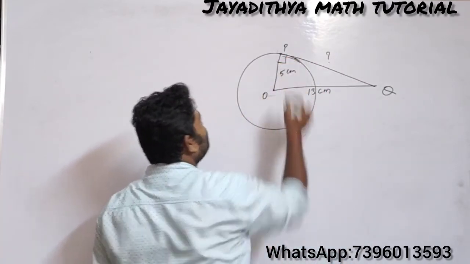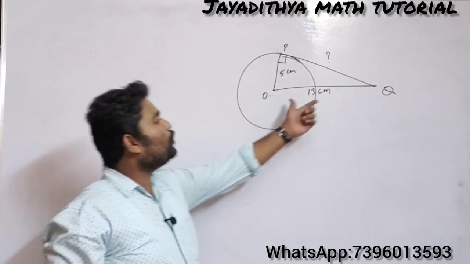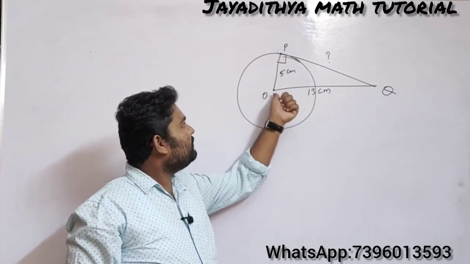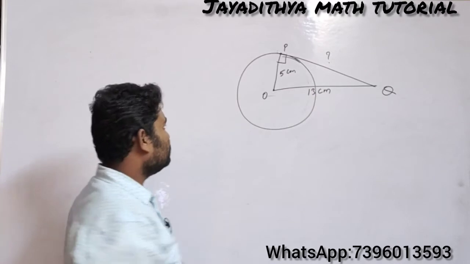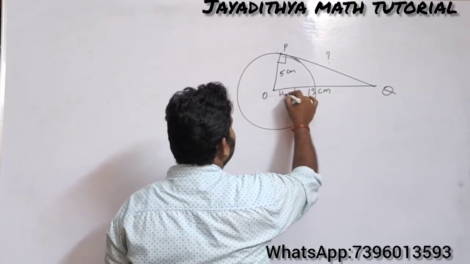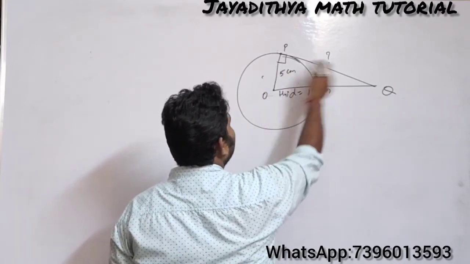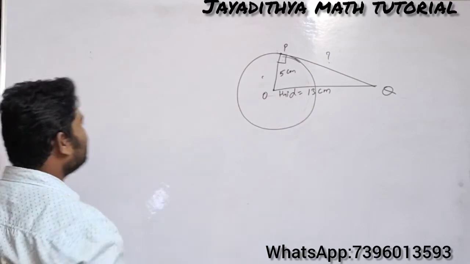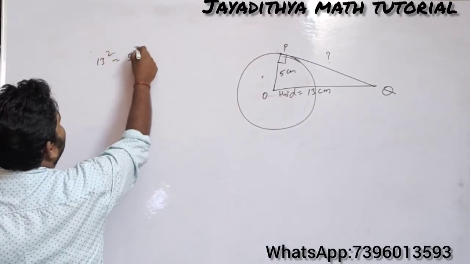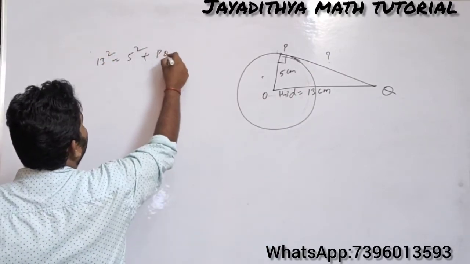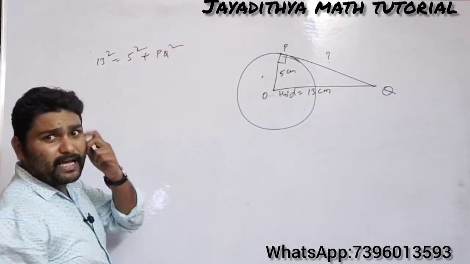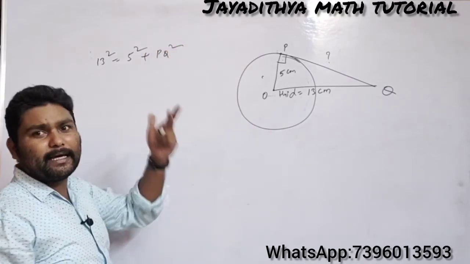So this is the same case that we discussed earlier. Here OQ is the distance between the center and the external point, so you can take it as the hypotenuse, and this will be some other side. Here it is 90 degrees. Apply Pythagoras theorem again. Hypotenuse square will be equal to the sum of squares of the other two sides. The other side is PQ. One side is given as 5. I am doing this directly for your understanding. You write the correct steps there.